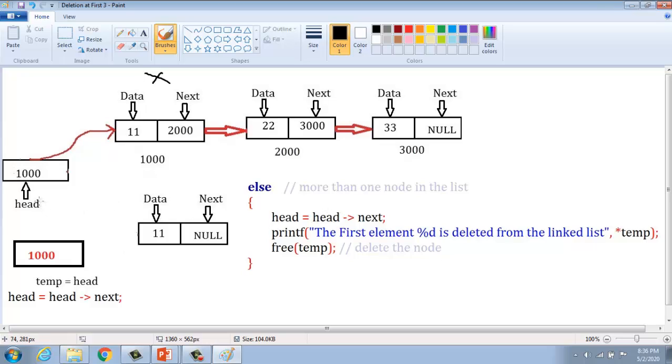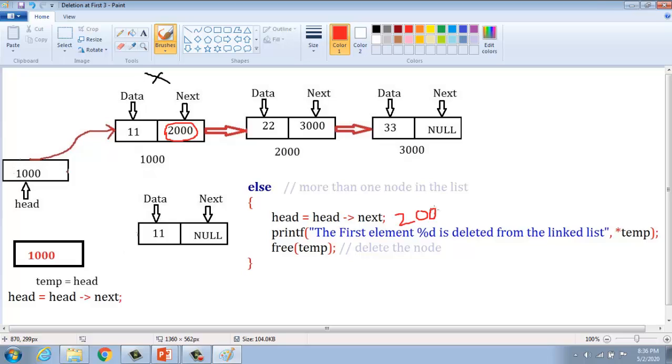Head is 1000, points to next. Okay, head equal to head next. What is head next? Head next is 2000. Here head equal to head pointer next is 2000.